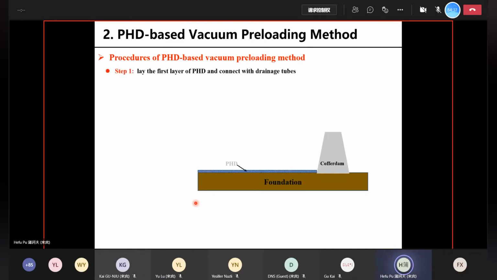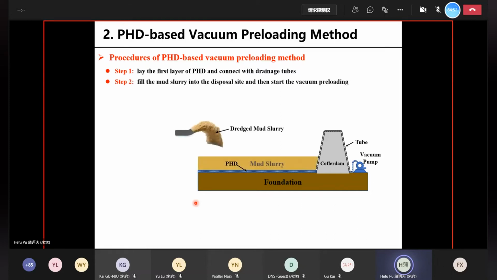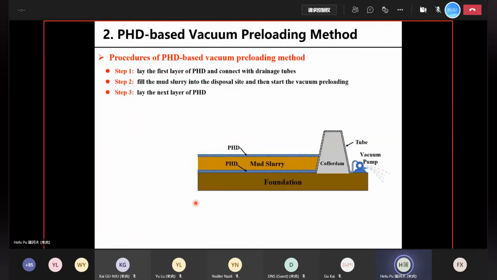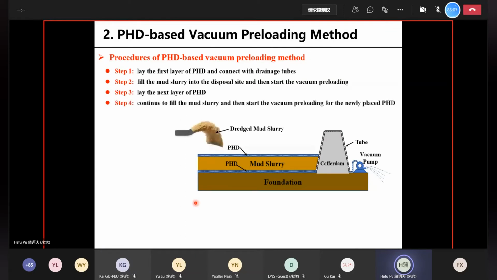First, we need to lay the first layer of PhD at the bottom of the disposal site and connect the PhD with drainage tubes and with vacuum pumps. And then we fill the mud slurry into the disposal site and then start the vacuum preloading to dewater the slurry. And after that, we lay the next layer of PhD, and we continue to